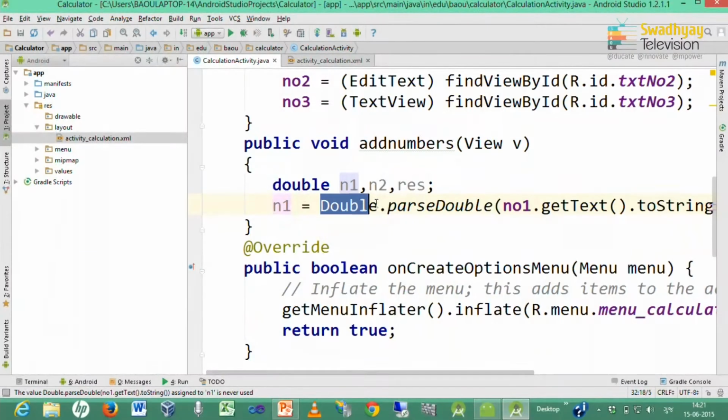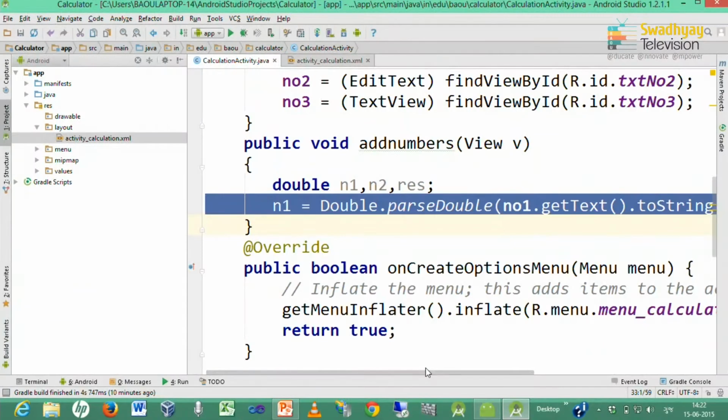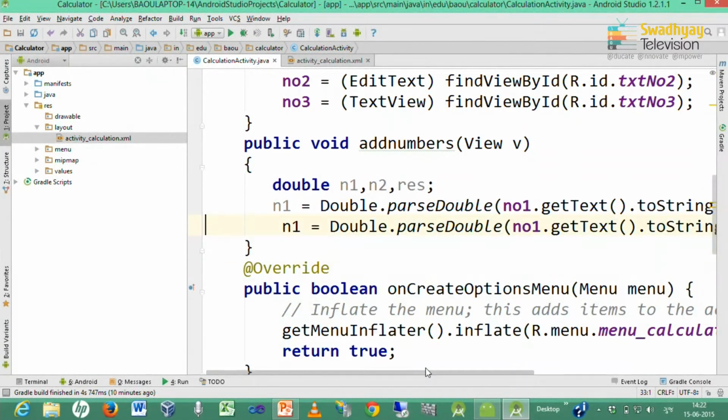So, inside n1 we convert this string into a double value using Double dot parseDouble. Now, this Double is a wrapper class and parseDouble is a method that converts a string into a double value. So, this is how you can convert the text entered in the first edit text into a number represented by n1.